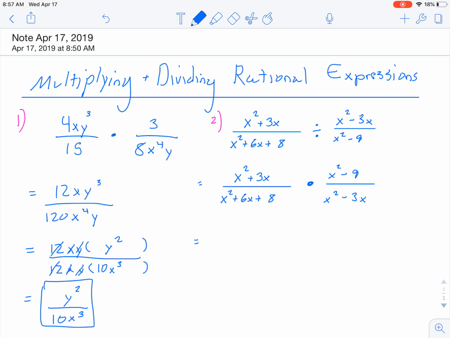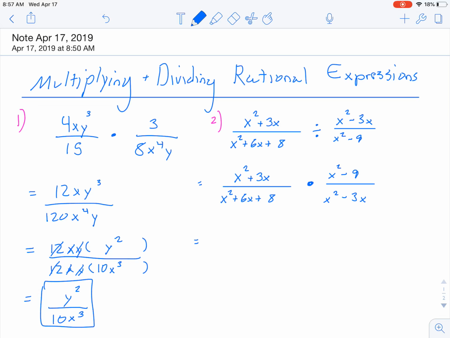So next step, we're going to multiply straight across, but what we notice with this problem, in number 1 here, notice that these were all monomials, there's no addition or subtraction, whereas here we've got a bunch of binomials and trinomials. And if we want to simplify down the road, it's going to be a lot easier if we factor all of these binomials and trinomials. We'll see things will cancel out. So I would recommend here when we have binomials like this and trinomials like this, that we factor them